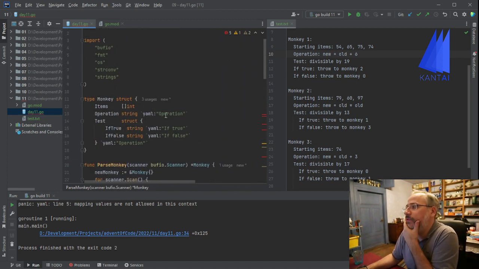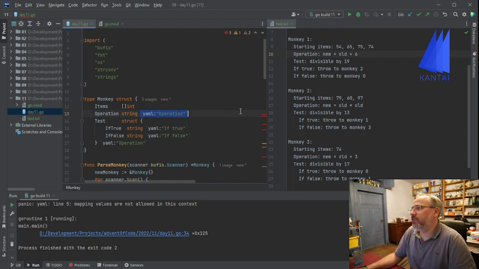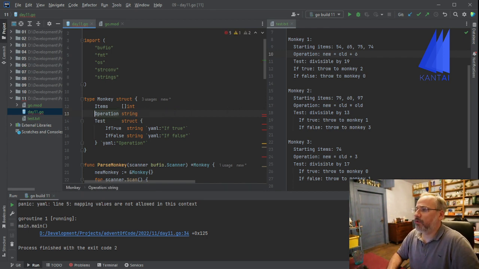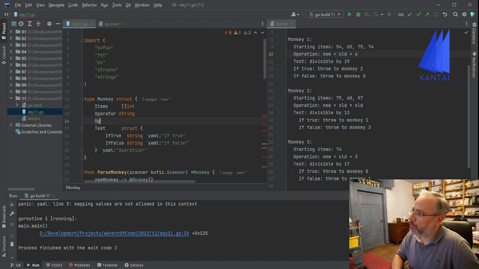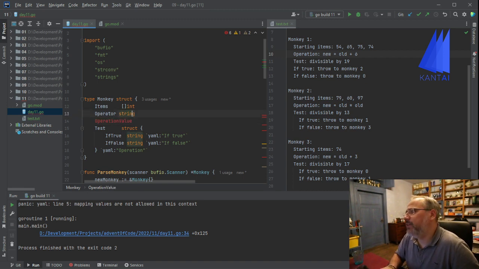So how would we store it? Just storing it as a string is probably not the best way. So operator, and then we have our operation value, and the value could be, let's say, some pointer to some int,